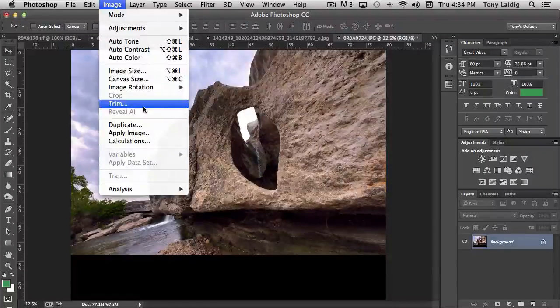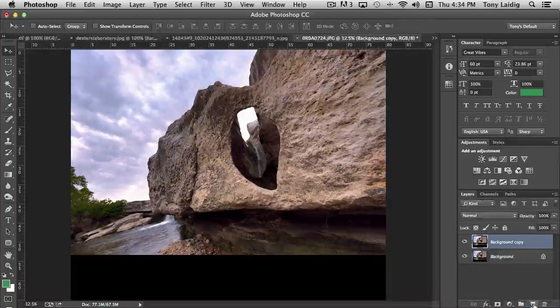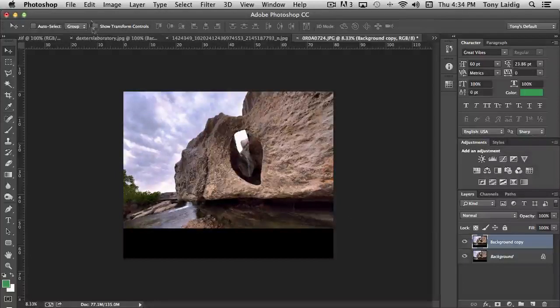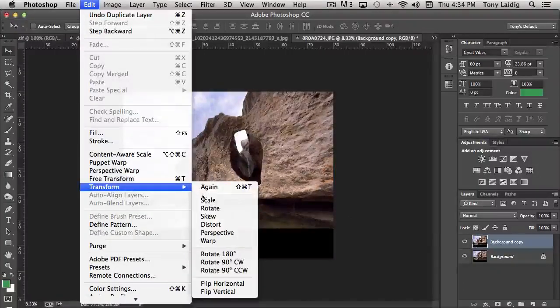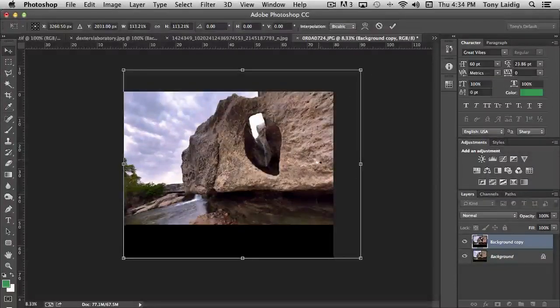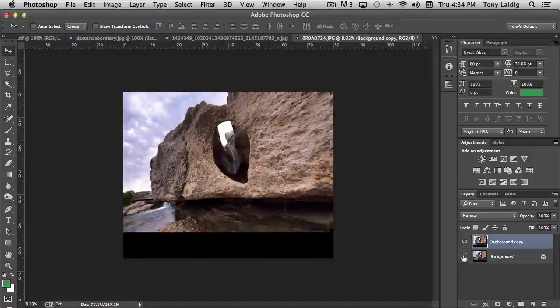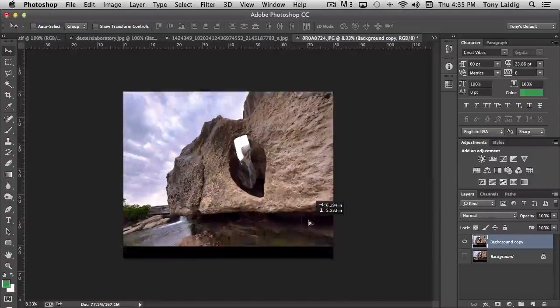Next we have trim, and trim has some uses to it that can come in handy depending on the types of images that you're working with and other layers. And let me give you an example. Let's copy this background so that we have an additional layer, and I'm going to make it a little smaller so it's easier to see this. And then I'm going to use transform to just scale up the layer. And so you notice that, let me just turn the background off here. You'll notice that I can move this layer around